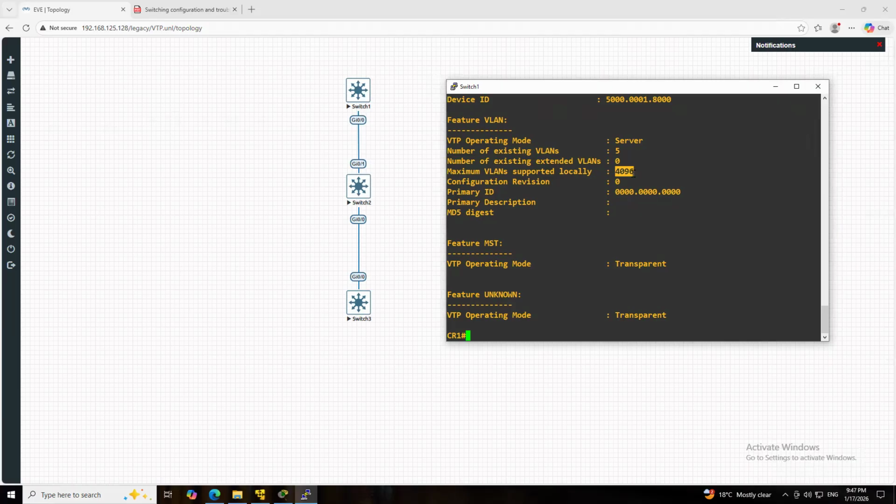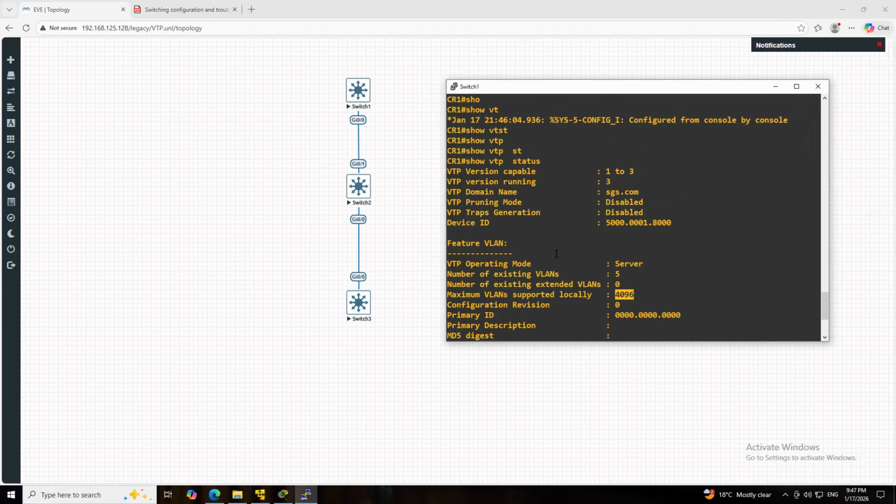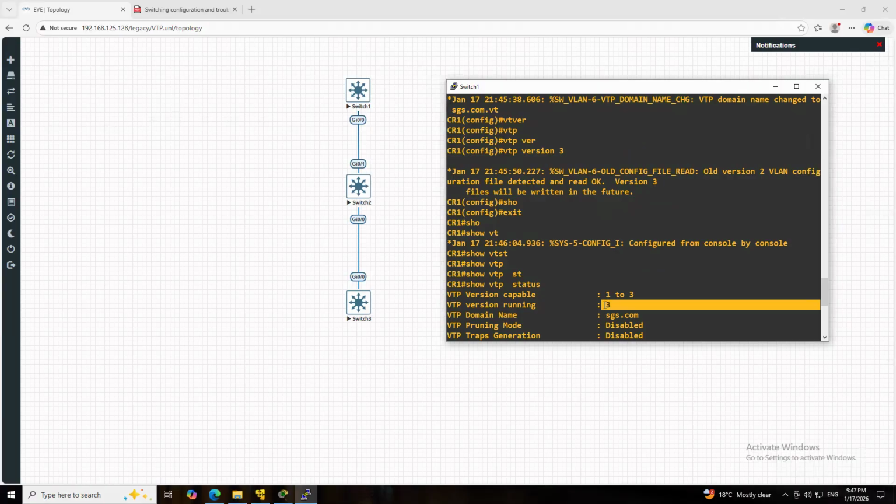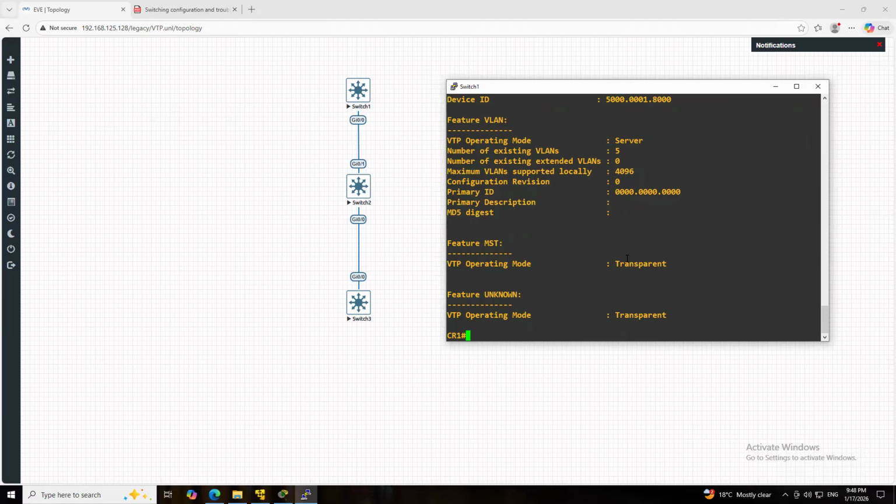VTP version 3 can carry the extended VLAN range as well. The extended VLAN range from 1006 to 4094 can be carried only by VTP version 3. It cannot be carried by VTP version 1 or 2. So that is the main difference.